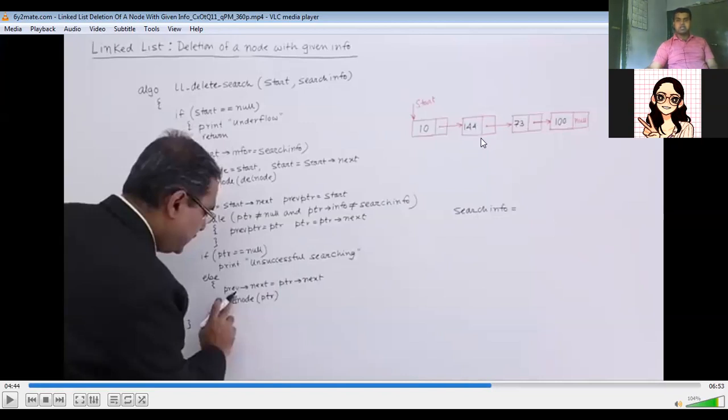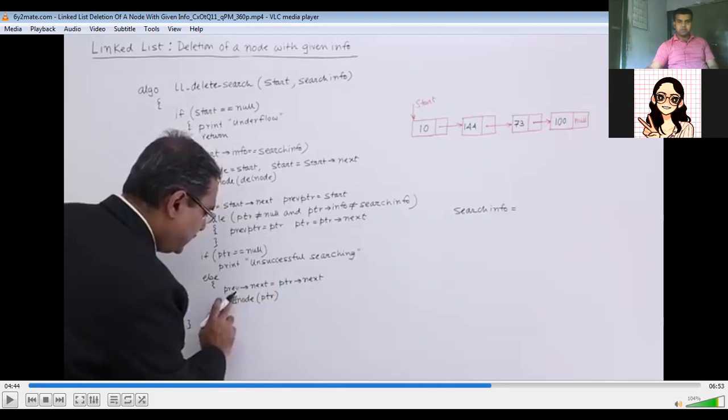If I have to visit 144, this is my current node, so this becomes the present PTR and 10 becomes the previous PTR. That means previous PTR dot next should point to this particular value, that is 73.